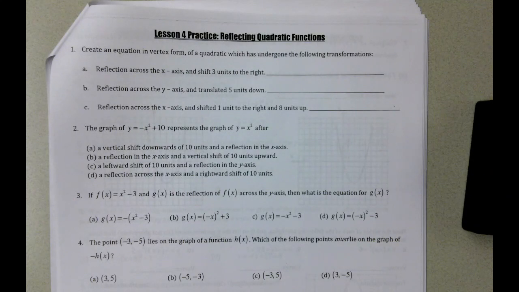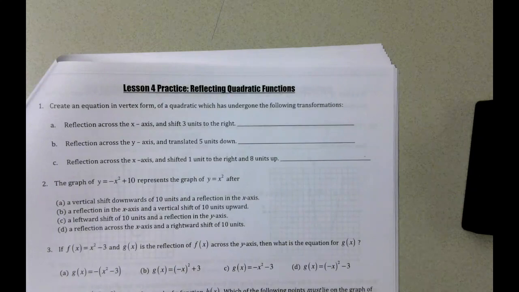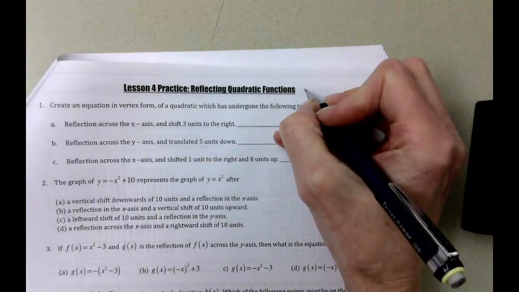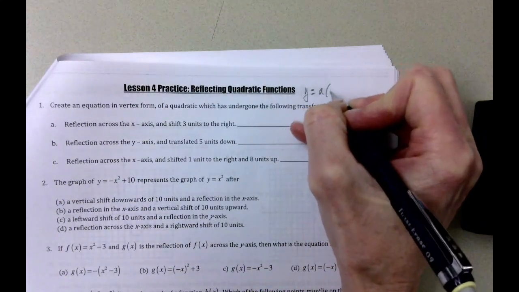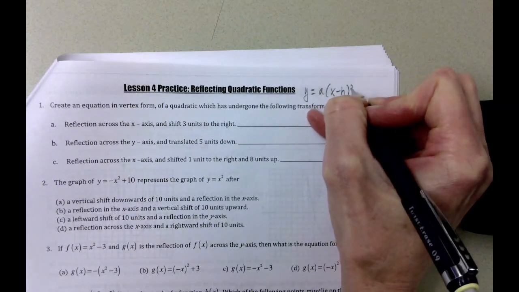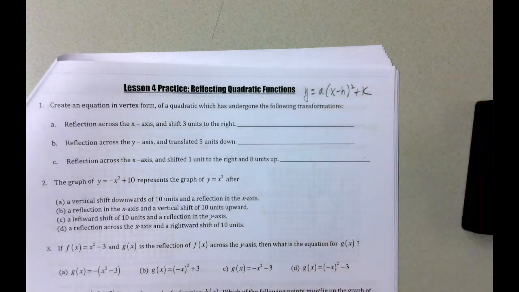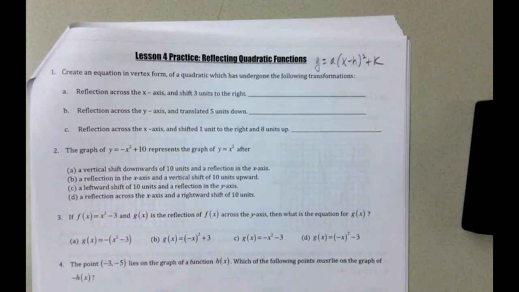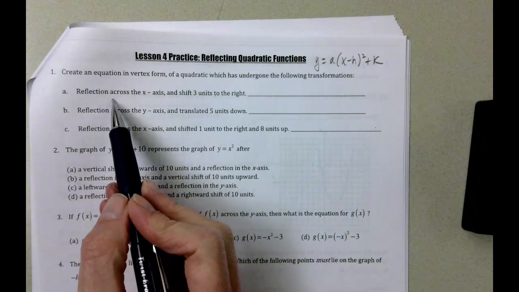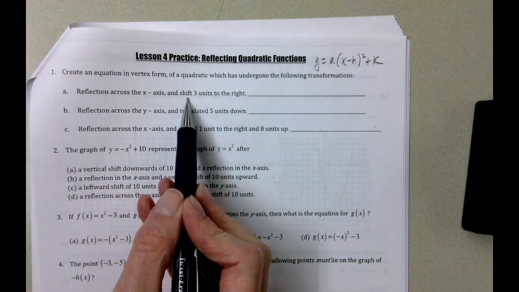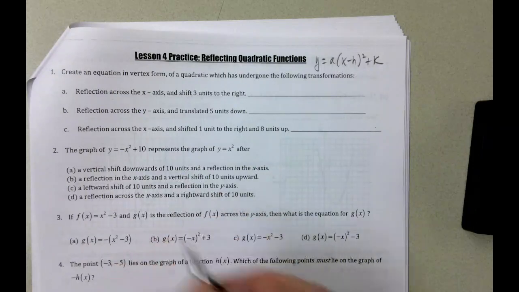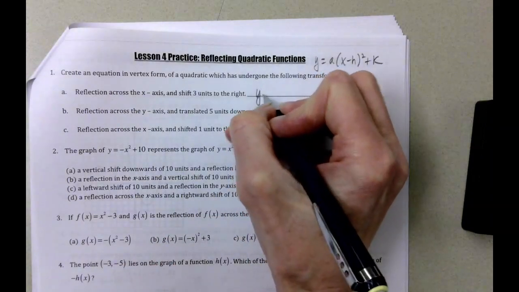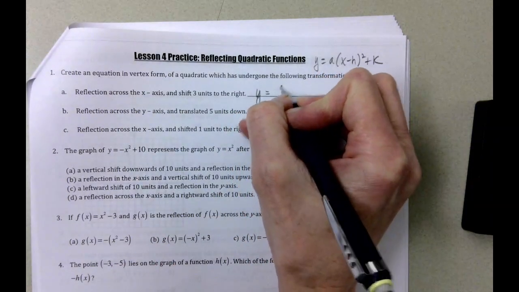Create an equation in vertex form of a quadratic which has undergone the following transformations. So just a reminder that vertex form is y equals a times x minus h squared plus k. So we're putting it in that form. So reflection across the x-axis and shifts 3 units to the right. This is going to be y equals,